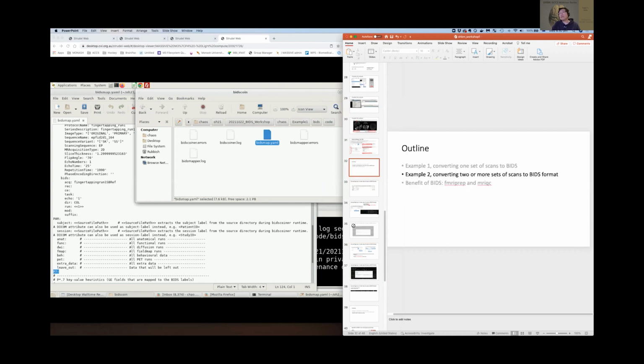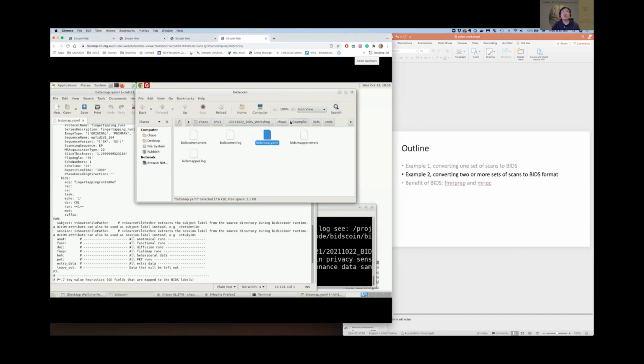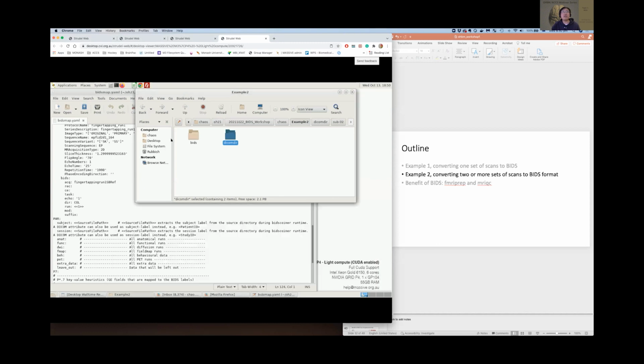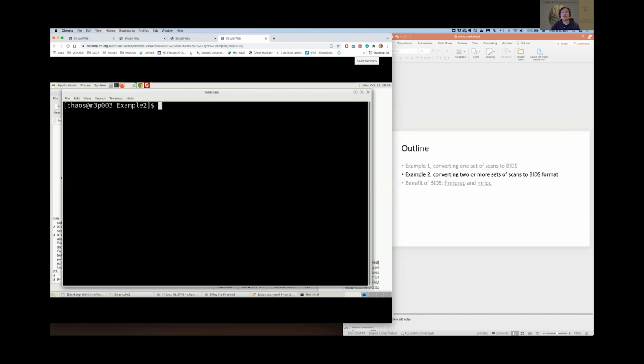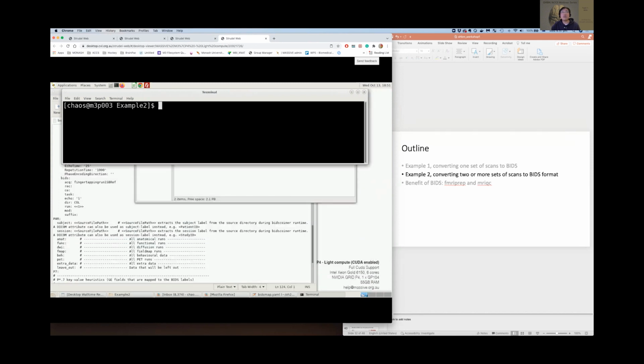Now I'm going to the second example. In the second example, I have two sets of data. Once you use my prepared data and unzip example 2, when you open it you will see this. You go to the DICOM folder and you've got two folders. You open it and there are 496 DICOMs in there. Okay, let's forget about this one and start a new one. Again, I'm here in example 2. I open a new terminal. Okay, I'm going to do exactly the three steps that we did before.